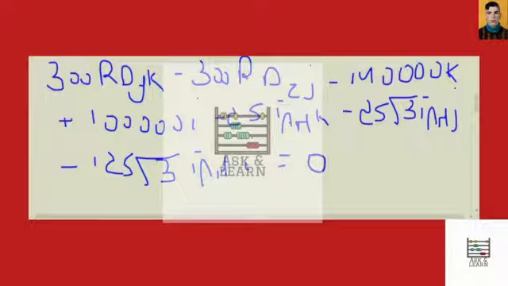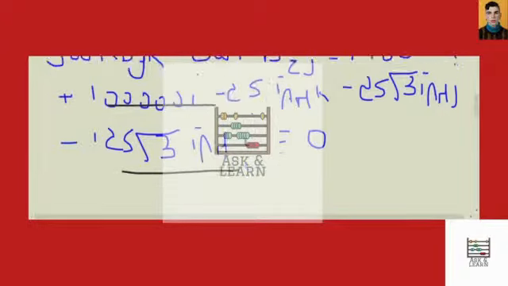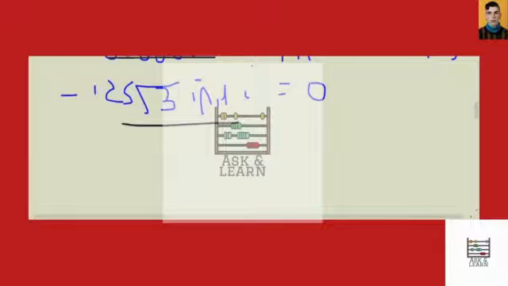As we know, sigma m is equal to 0. So about each coordinate, the direction of each unit vector equating to 0. So first of all, let's equate the I component to 0 from the above equation. So here we need to gather all the I components. So in this equation, this is the I component term. Then this is the I component term that we are going to equate to 0, and from that we can get the result